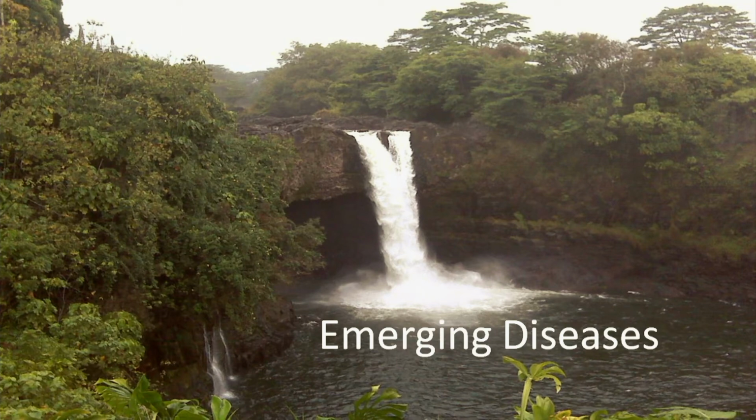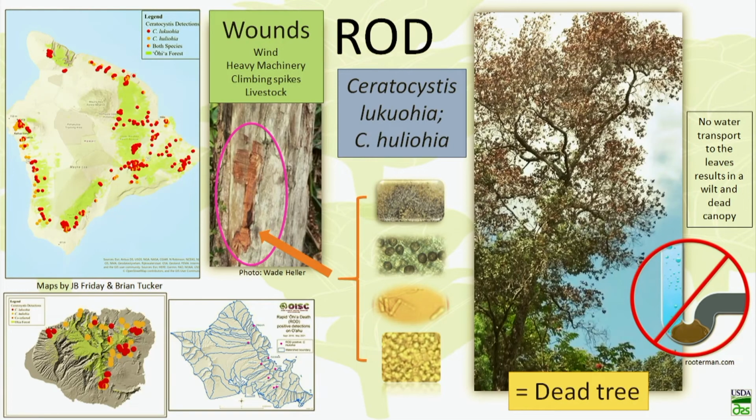Okay, I know I'm real close to the end of time, so I'm just going to fly through this part. Just mention a few emerging diseases on other crops just to remind you what's here and also to pay attention to perhaps what could be coming. So Rapid Ohia Death caused by Ceratocystis, 2 new Ceratocystis species, needs a wound to get in. Okay, but even the most minor wound on the most healthy tree, once these Ceratocystis species get in, the result is death. And there's maps to where these pathogens are located.